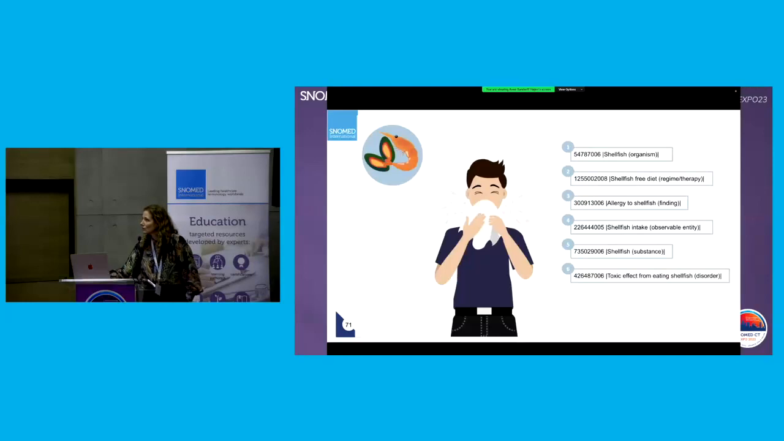Should we do the regime therapy? That's in the procedure hierarchy. An allergy to shellfish is the condition itself, so that's maybe quite good. The observable is the act of observing if the patient has a shellfish allergy. The shellfish substance, maybe, or the toxic effect, that is probably more a manifestation. So